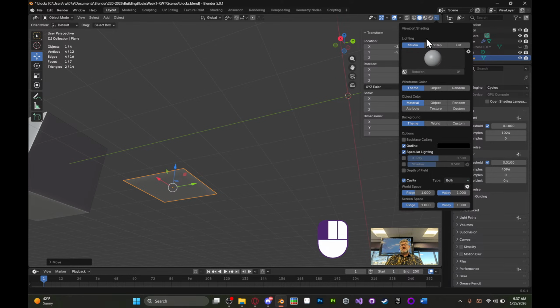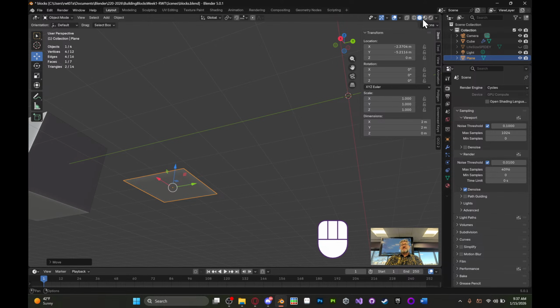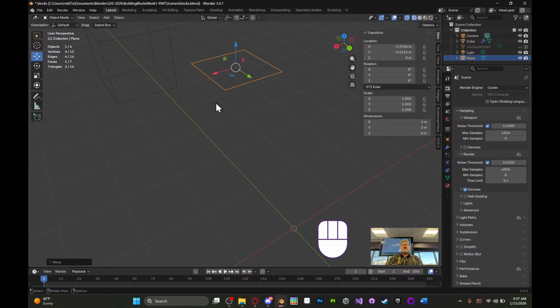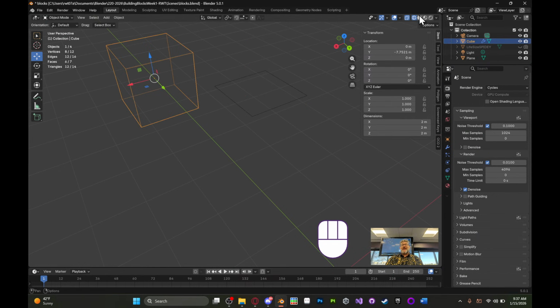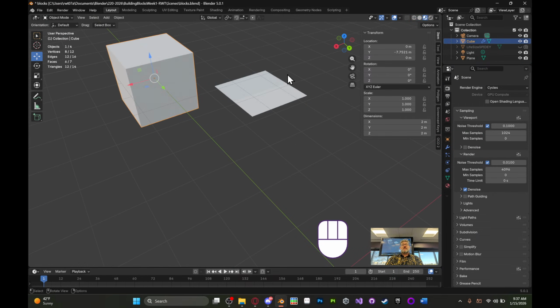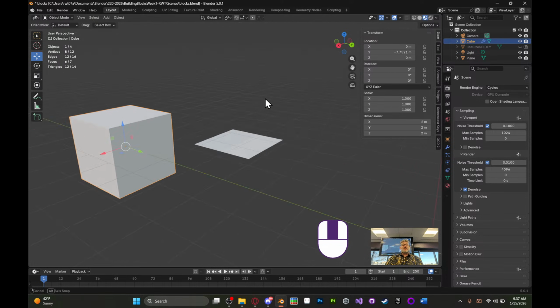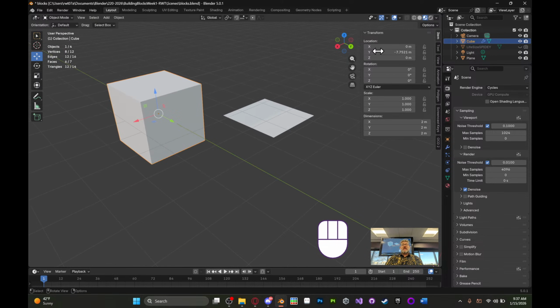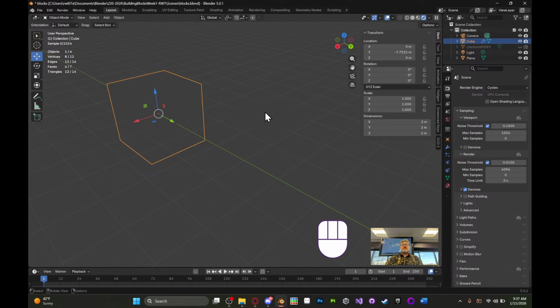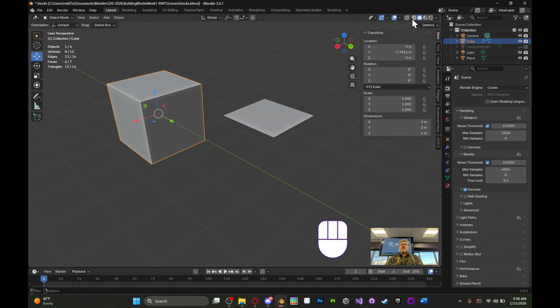So I turn on backface culling up here. I'm on solid mode here. There's the wireframe mode where I can just see the wires of things, just the edges. Solid is with textures and materials and a little bit of lighting. And then the last one is render ready, all the lighting, all the shadows, all the prettiness. Anyway, back here on the solid mode,